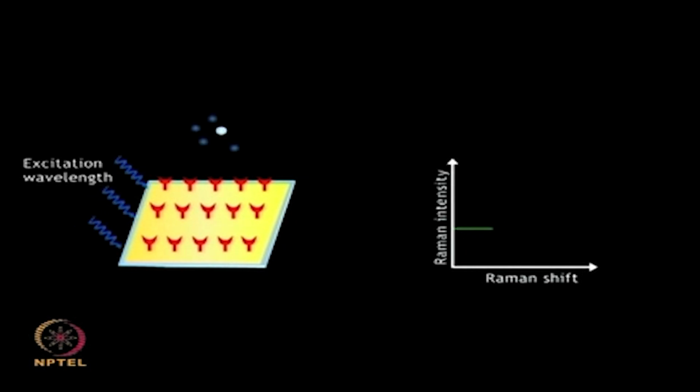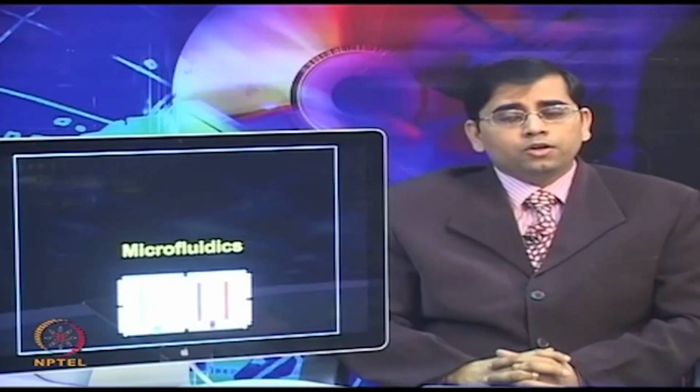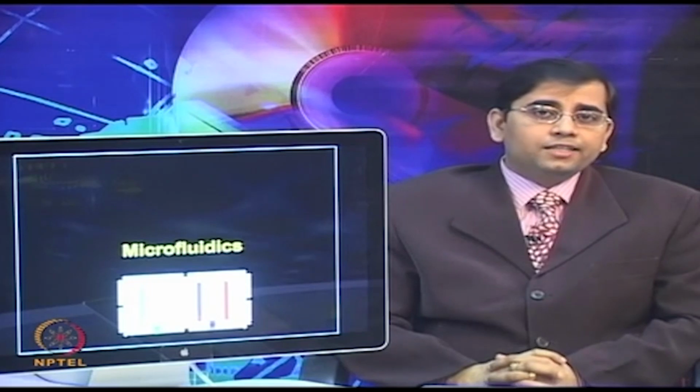As you can see on the right hand side, the Raman shift versus Raman intensity is plotted. After these gold nanoparticles are binding with the antibodies, a change in the Raman intensity is observed, as shown in the plot on the right hand side. Now, let us move on to the next technology,